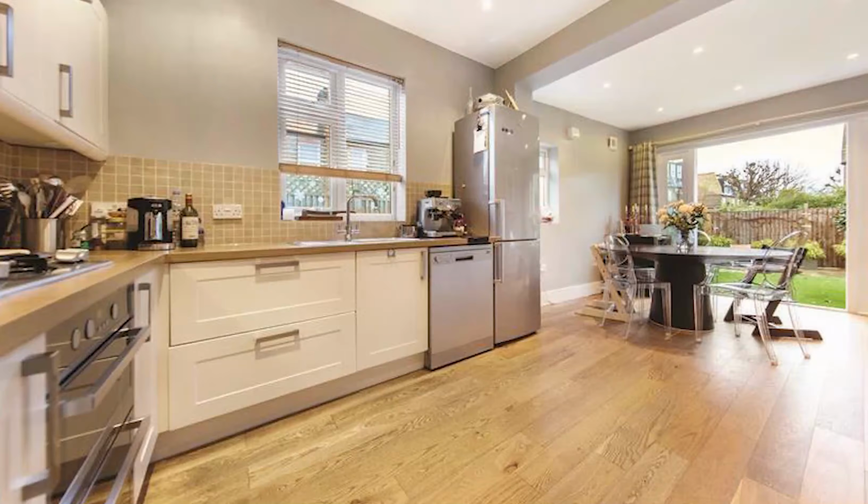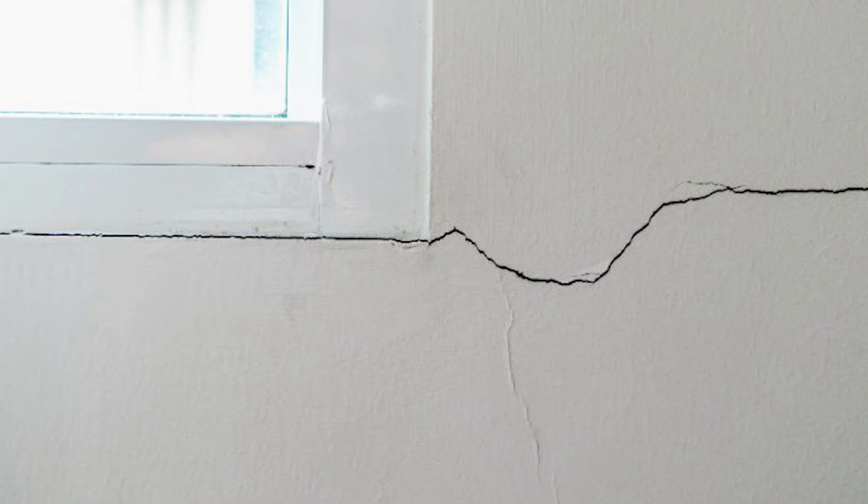Now, the most common question people probably have is, which survey should I go for? This is actually all dependent on you and your budget. Sometimes people will go for the level 3 survey just because they want extra information for their own peace of mind. Generally, I would say that a level 2 home buyer survey is normally enough if the property is in half decent condition, you haven't spotted any huge cracks in the walls on your viewings,